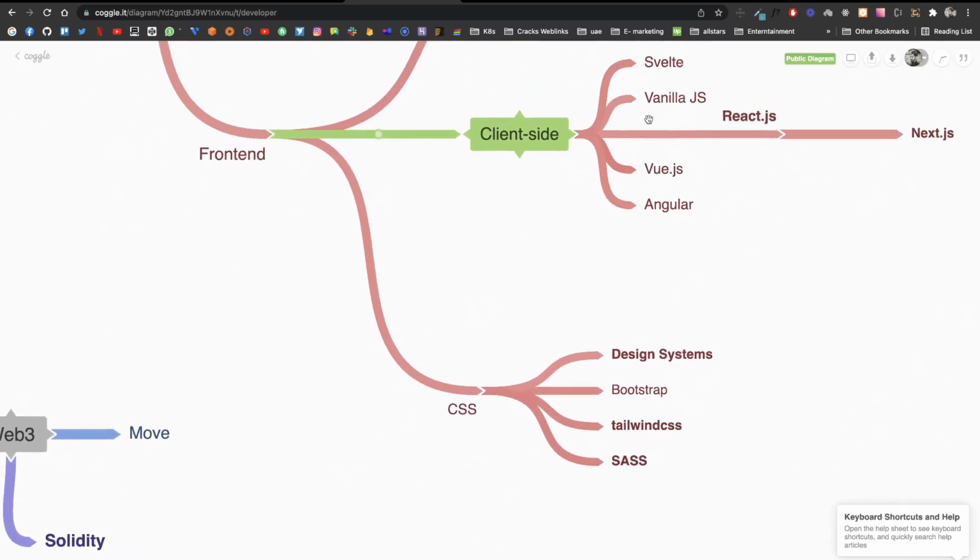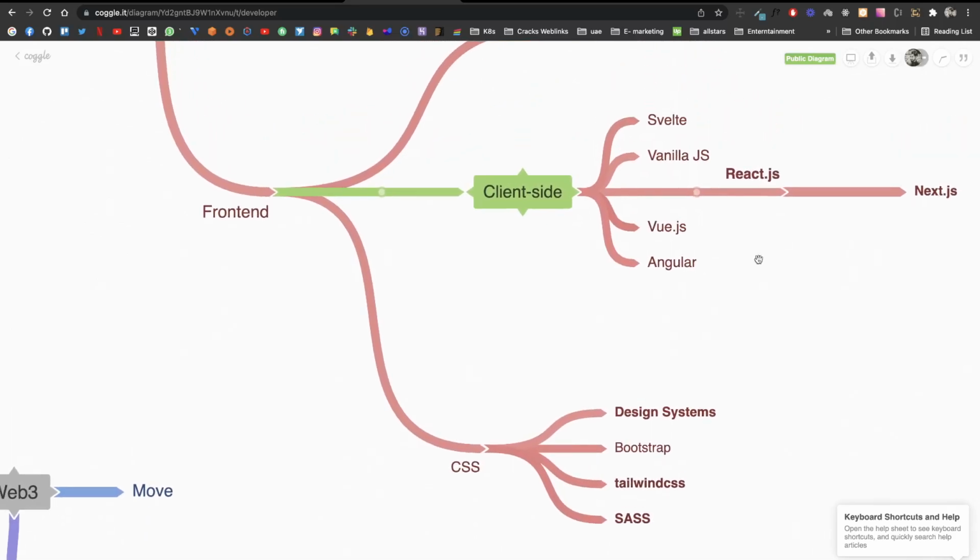Coming to the other frameworks, Svelte is very hot right now. It's a new one in the market, and it has a more basic approach. So you should look into Svelte, but I would recommend going with React. Vanilla.js, yes, if you want to work with basic JavaScript, definitely go with it.